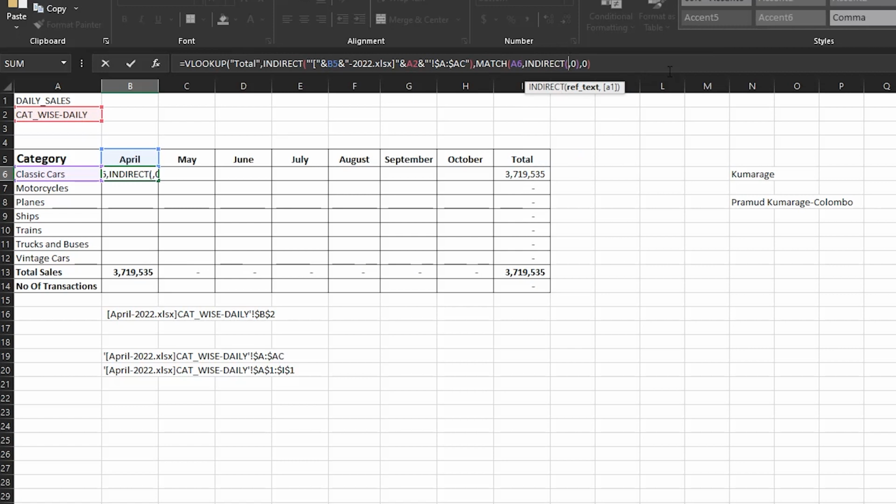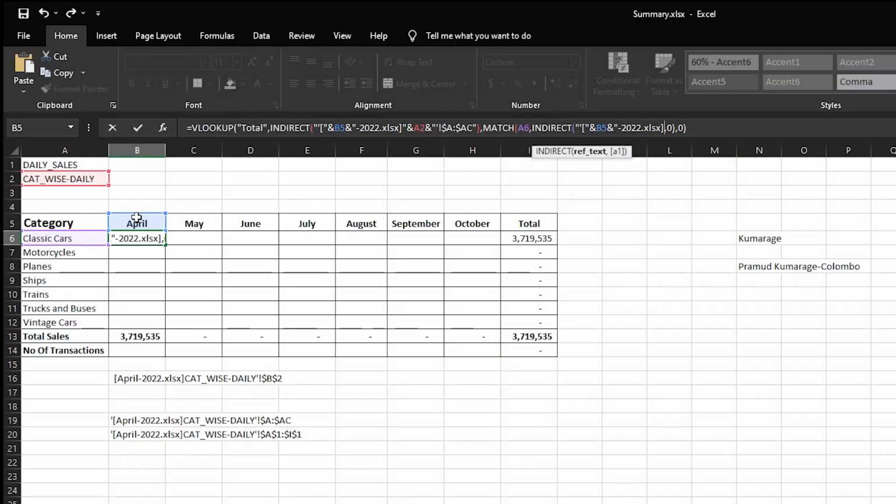Okay, INDIRECT, then what is all, then we are going to have a single quote and square bracket, and we are going to close it, and we are going to get dynamically the month name, and we are going to close the month name, and again we are going to statically type 2022.xlsx, and we are going to have a close square bracket, and we are going to